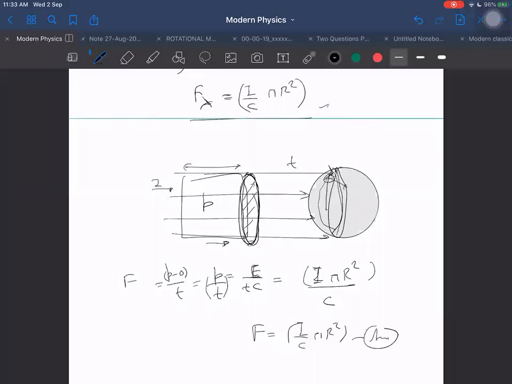But valid for which cases? Valid for the cases of perfectly absorbing, when the final momentum is becoming 0. This is our answer, and we can do it quickly, orally, instantaneously. But if it is reflecting also, then we had to really prove it. Then we cannot directly say. Therefore, I proved that way also. And now, good thing is that for both cases, it is coming out to be the same.